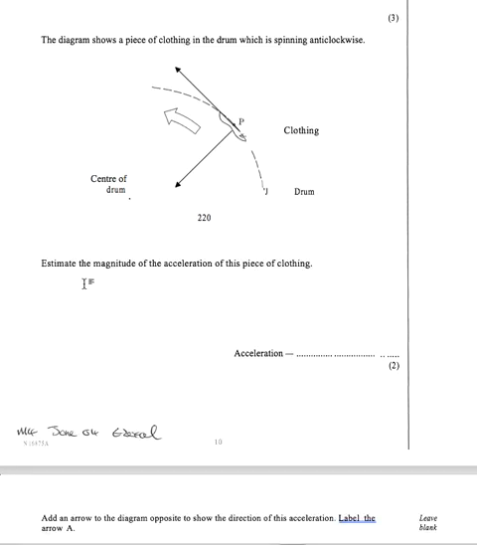So estimate the magnitude of the acceleration of this piece of clothing. Well, we have some options here. We could use v squared over r. We could use r omega squared. It's your choice what you want to do. But if you stick in the values 0.220 and the 800 divided by 60 all squared, that will give you 1.54 times 10 to the 3